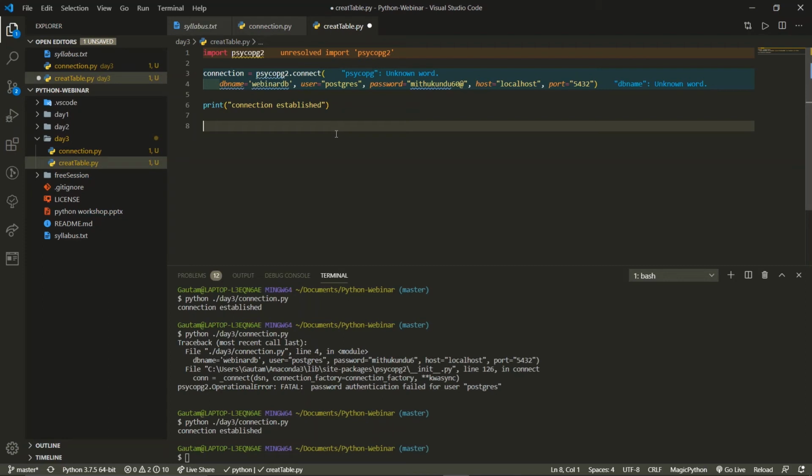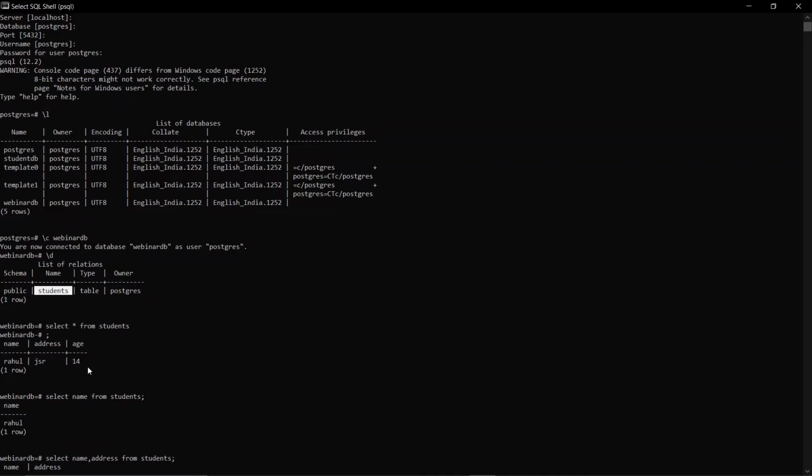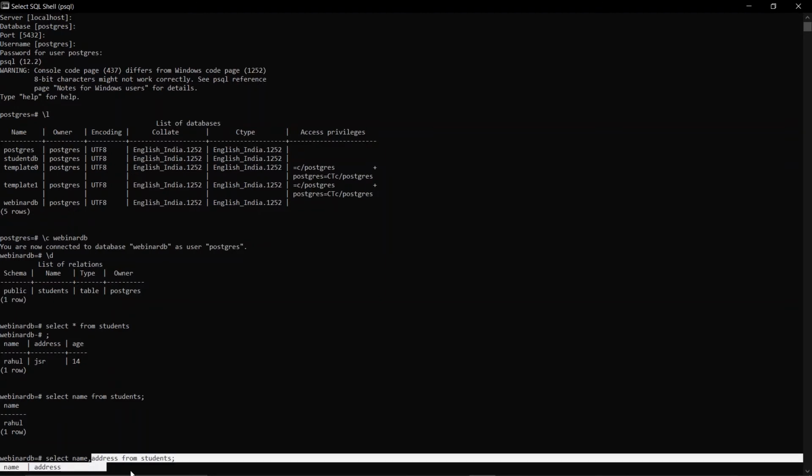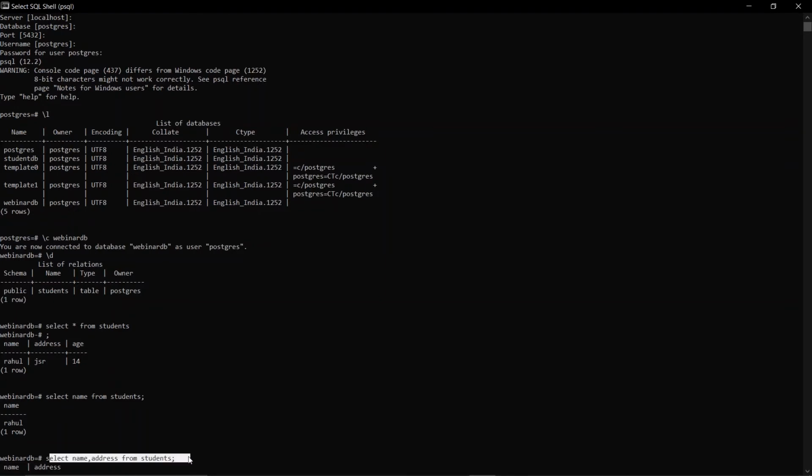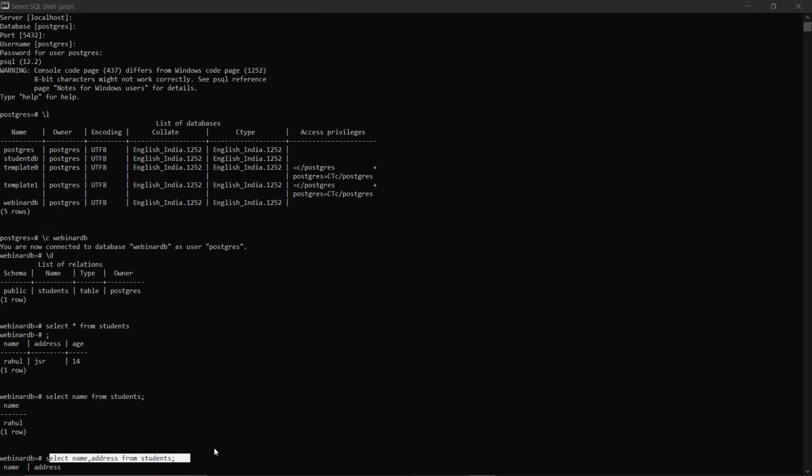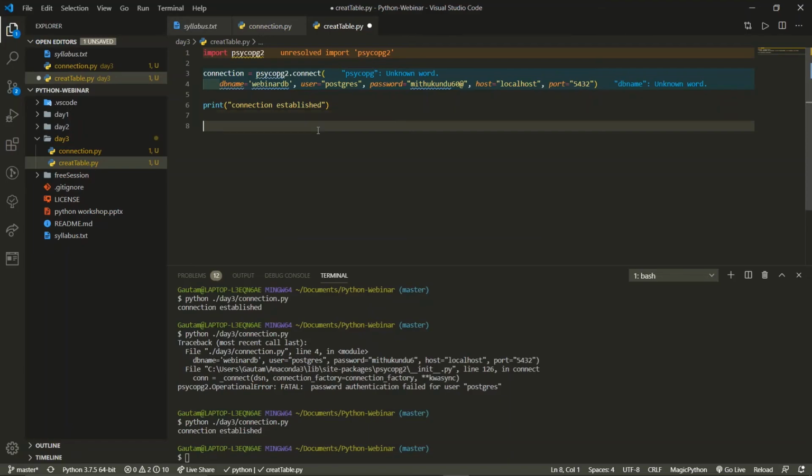A cursor creates an object of the particular Postgres connection, so that whatever command you write in the cursor will directly execute over here. For that we create a cursor.